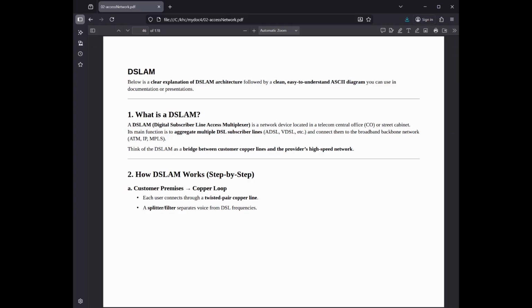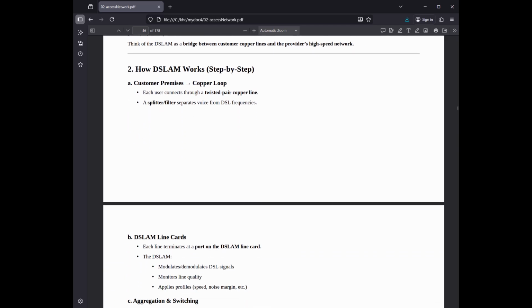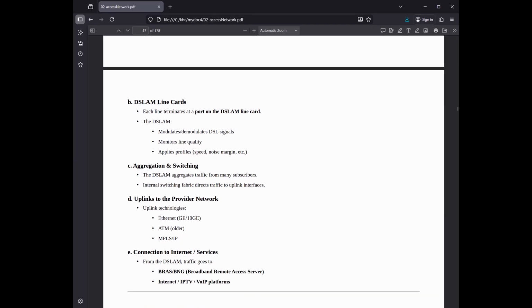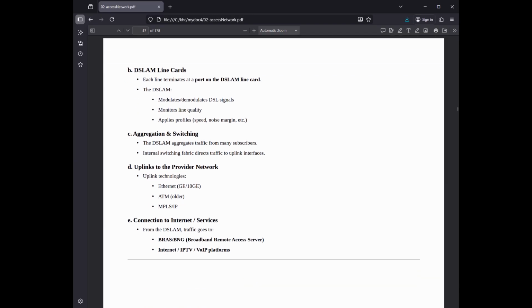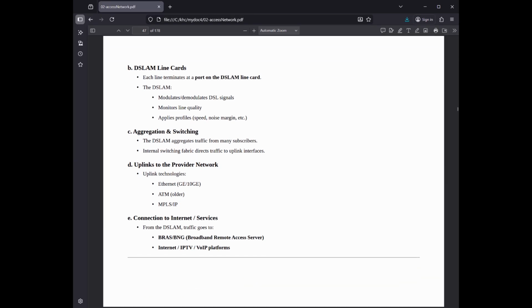How a DSLAM works. To understand a DSLAM, it helps to look at the journey of your data. 1. From your home, your DSL modem sends digital signals over your standard copper telephone line. 2. At the DSLAM, it receives these signals from you and hundreds of your neighbors. 3. Multiplexing. The DSLAM combines all these individual low-speed streams into one high-capacity uplink, usually fiber optic or a high-speed ATM/Ethernet link. 4. To the Internet. This aggregated data is then sent to the ISP's core network and out